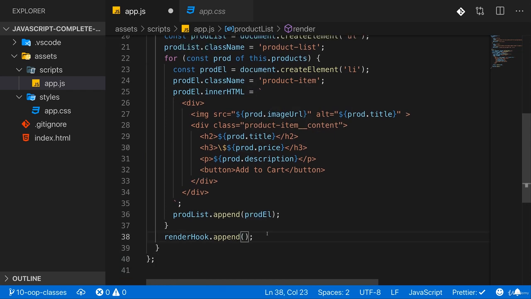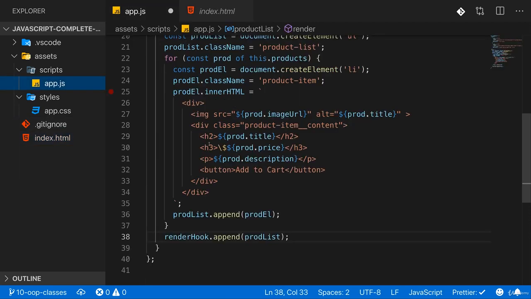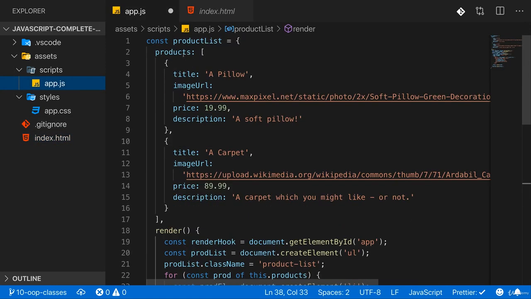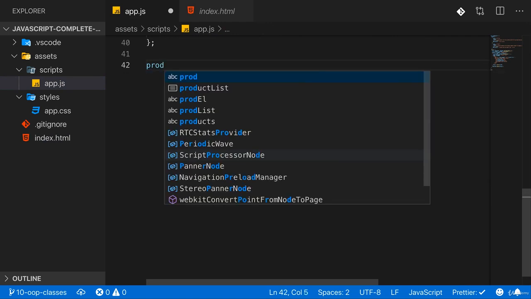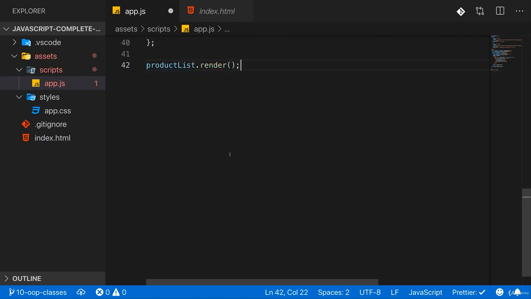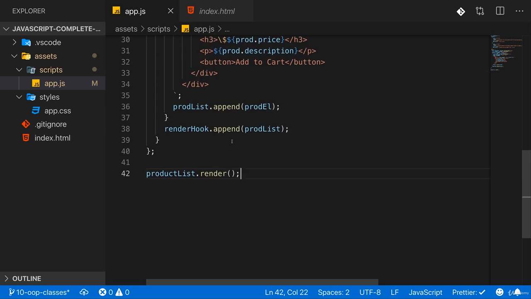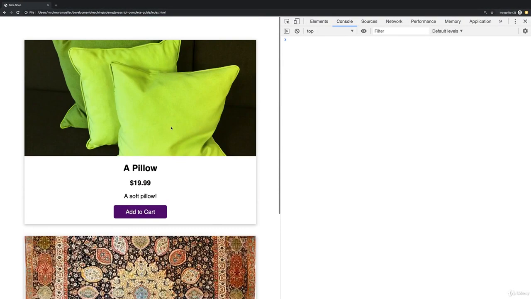And now we can append this product list here to the render hook. So render it into this div. Now with all of that, we got all the logic stored in the product list object. And now we can go to product list here and call render. If we do that and we save that entire file and I reload, then indeed we get the products rendered